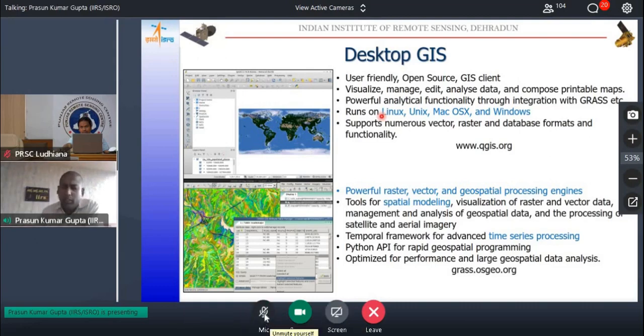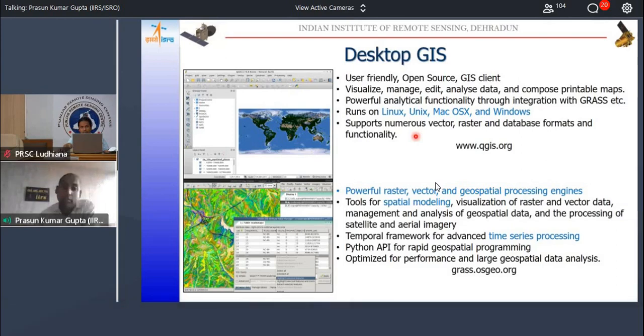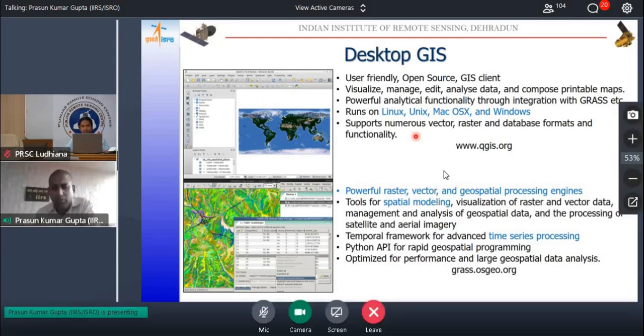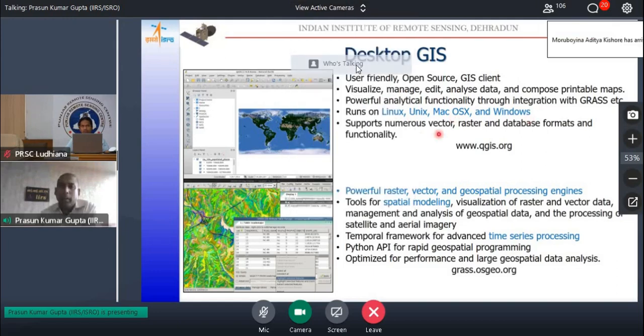In Windows version like Windows 7 or Windows 10, it runs on all these different operating systems. Many of the paid softwares only work on Windows, don't work on Mac or don't work on Linux. So that way QGIS helps you a lot. And it supports several formats. Like if you work with vector data, if you have a KML file or a shape file, a geo package, JSON, even